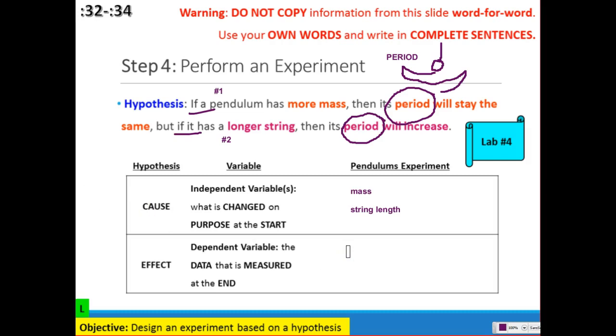Now the effect, this is what we're measuring at the end. Again, what is the goal of my experiment? I'm trying to see if this changes the what. What am I measuring at the end of my experiment? Take a look at the then part of my sentences. What am I taking a look at? I got an answer from Robert. I'm still waiting on a lot more participation.